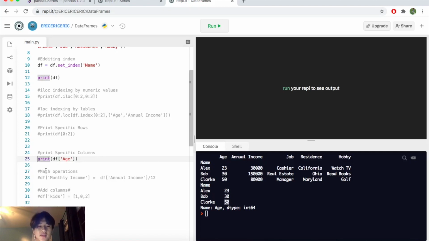And then, as I mentioned before, you can also do math operations with this. So let's say I'm going to create a new column, and to do that, you would just do df square brackets and then a name of a column that doesn't already exist. So I would do monthly income, and the monthly income would equal the annual income divided by 12. And to actually access the annual income, you can just do df open square brackets, close square brackets, and inside the name of the annual income. And then what this will do is it'll create a new column that takes the annual income divided by 12. So if I print df now,